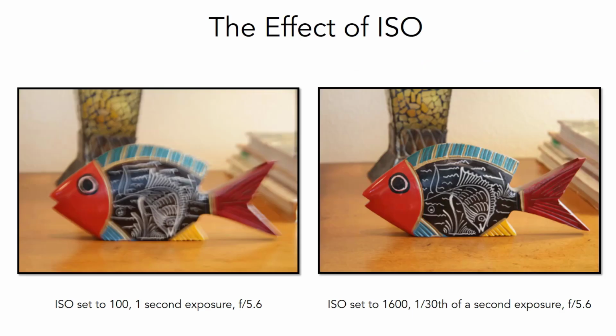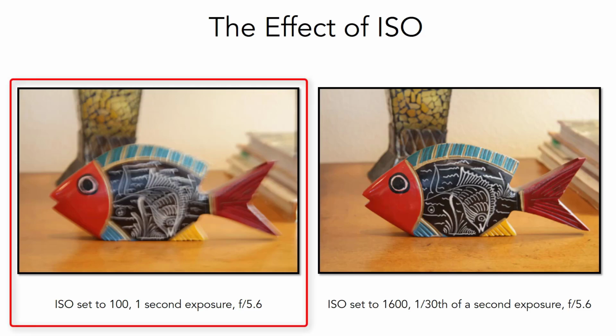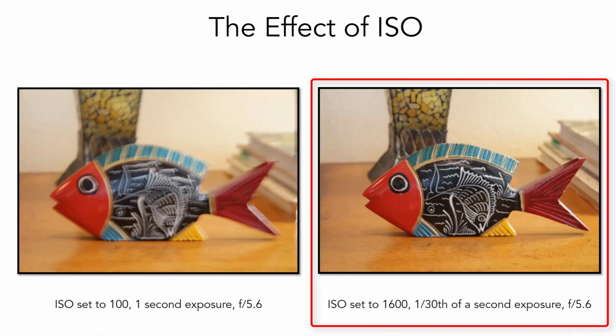Here is an example of how high and low ISO affects shutter speed. The image on the left was taken handheld without a tripod with the ISO set to 100. This resulted in a shutter speed of 1 second in order to get a proper exposure. The photo is blurred due to the handheld motion. The image on the right was also taken handheld, but the ISO was changed to 1600. This resulted in a shutter speed of 1/30th of a second,